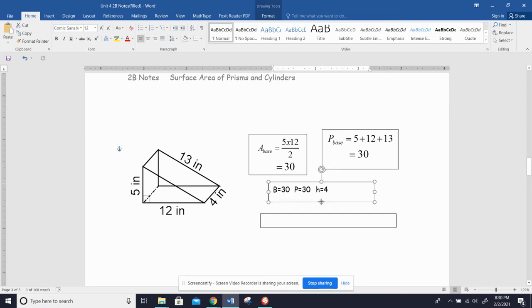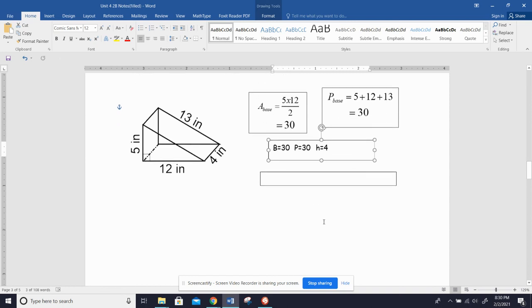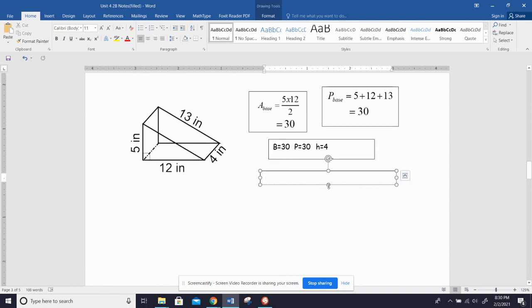So we've got these values. We're going to take those and we're going to plug them in. So here we go. There's my formula. Let me just pull this down. You can see plugging in the P was the perimeter. The H was the 4, which is how far it is between the two triangles. And the capital B stands for the area of the base, which is 30. Work those all out, you get